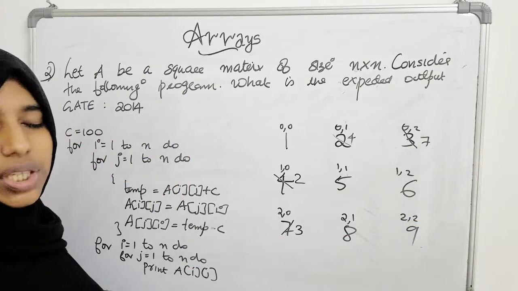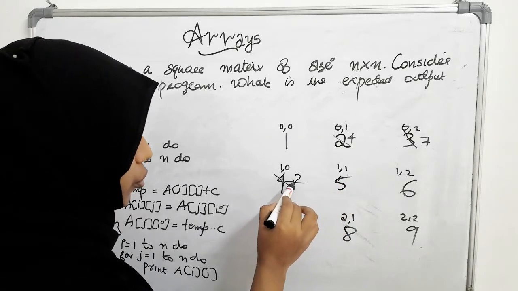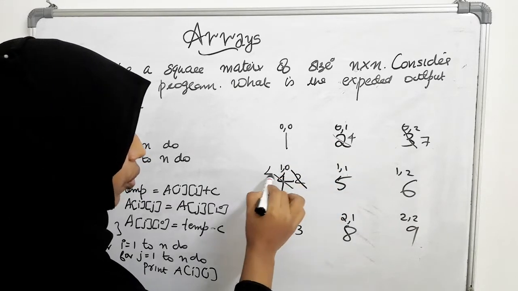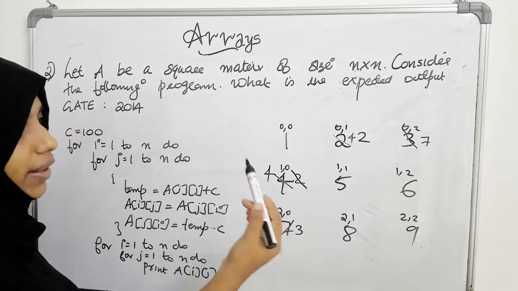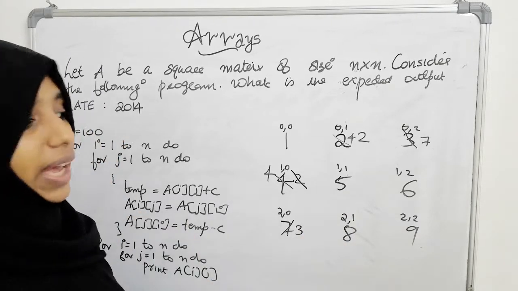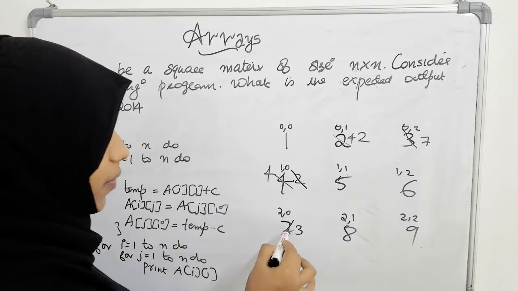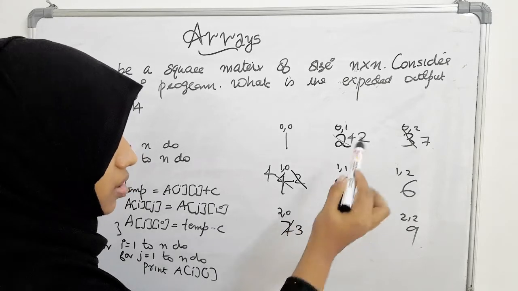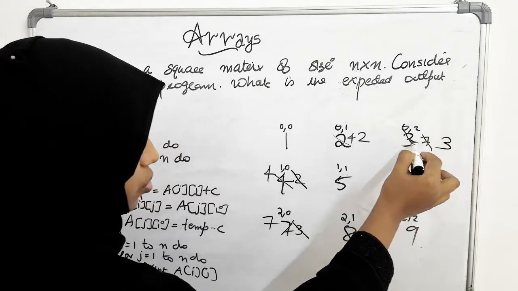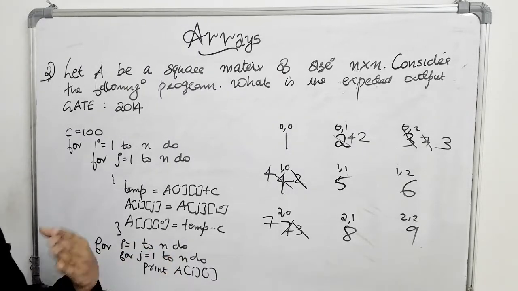Now this algorithm will process every element in the matrix like this. So when it comes to this position, it is 2 here, that is 1,0. So 1,0 will be swapped with 0,1. So this will be 4 again and this will be 2 again. So when this process goes on, every swapping that we have already made will be swapped once more. That is bringing the original numbers back to position. For example, when we reach this position 2,0, it will be swapped with 0,2. So this 3 will be swapped with 7 and this 7 will be 3 again. So the original number has been regained, brought back to the previous position.